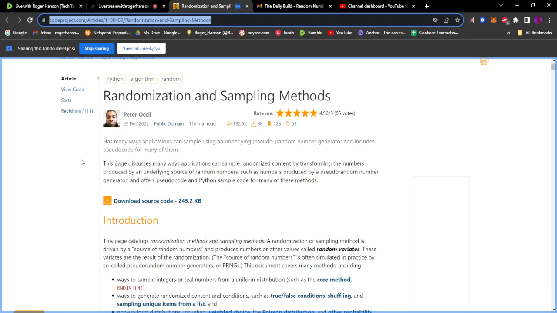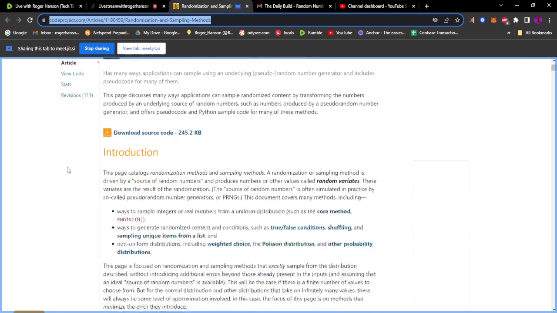This page discusses many ways applications can sample randomized content by transforming the numbers produced by an underlying source of random numbers, such as numbers produced by a pseudo-random number generator, and offers pseudocode and Python sample code for many of these methods.